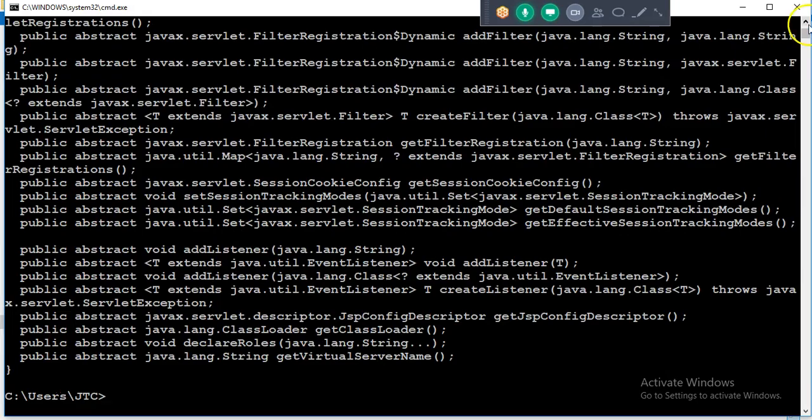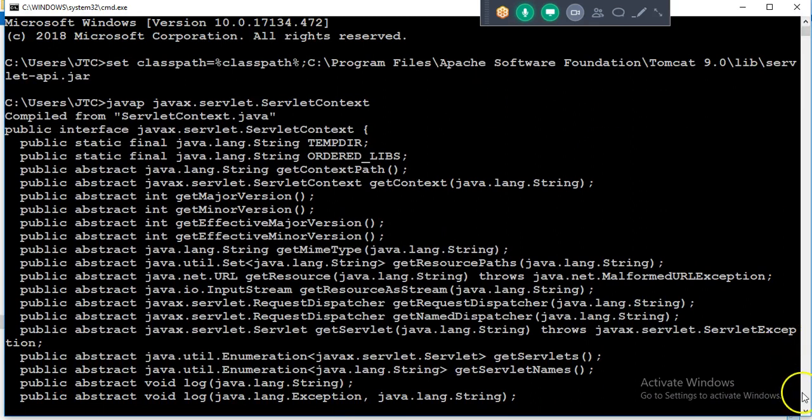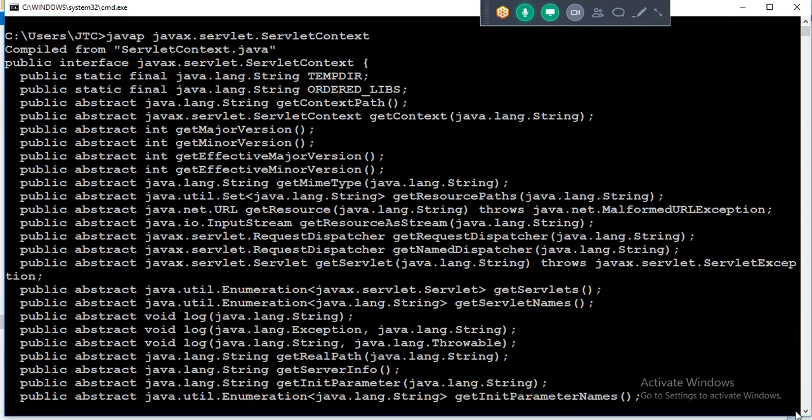Now you can have a look on all these, such a big API. And now here is the problem you are going to get if we don't go in this manner: whatever trainings you are taking, any faculty will show some 10, 15, 20 methods to you. How we are going to use those methods, and based on those methods we will write some programs, you will understand the things. But till the time you haven't gone through this API, in future maybe